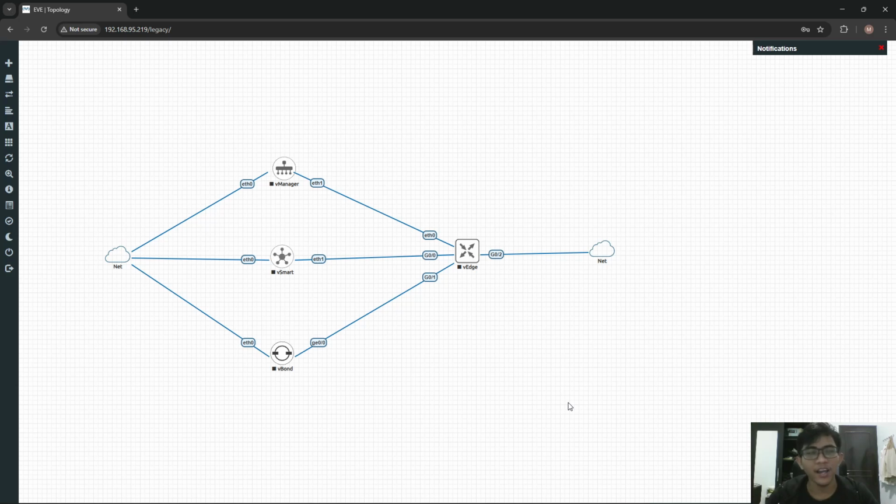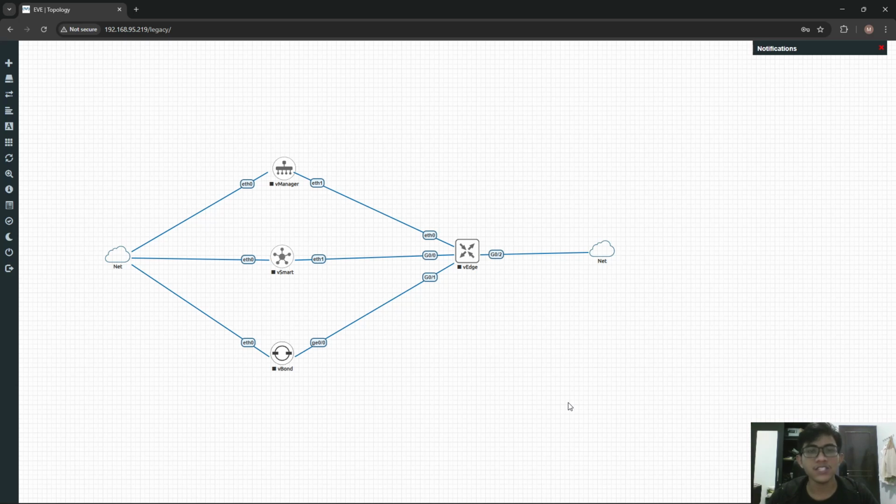However, I encountered a technical issue with the SD-WAN image, specifically for the vManage. The image couldn't be properly configured, most likely due to a corrupt or incomplete image.